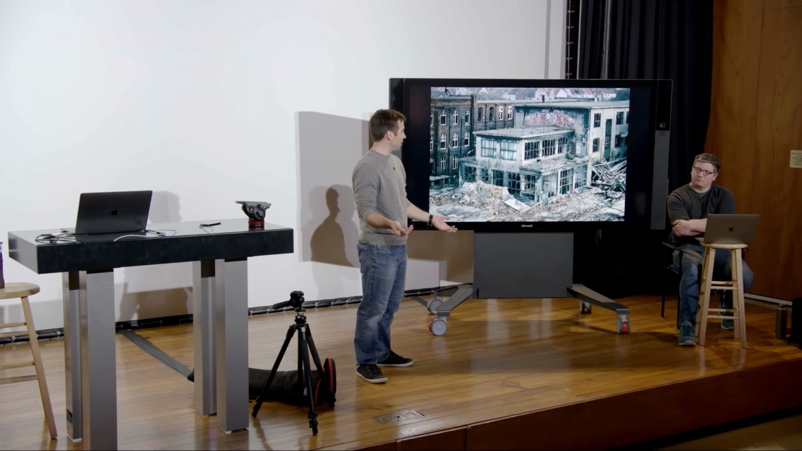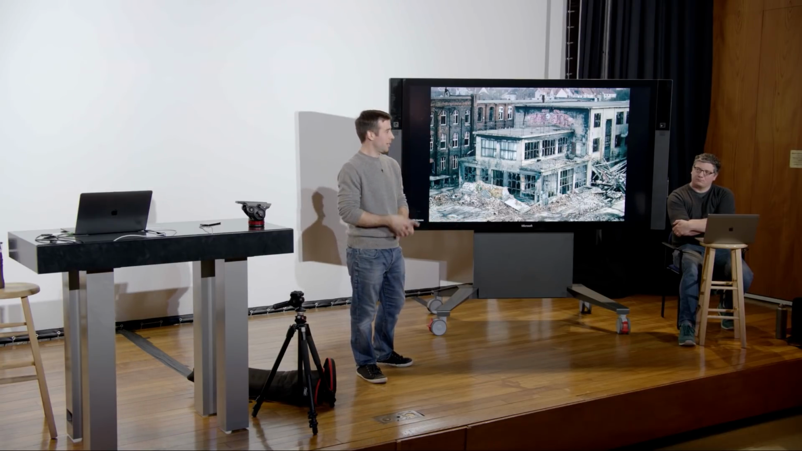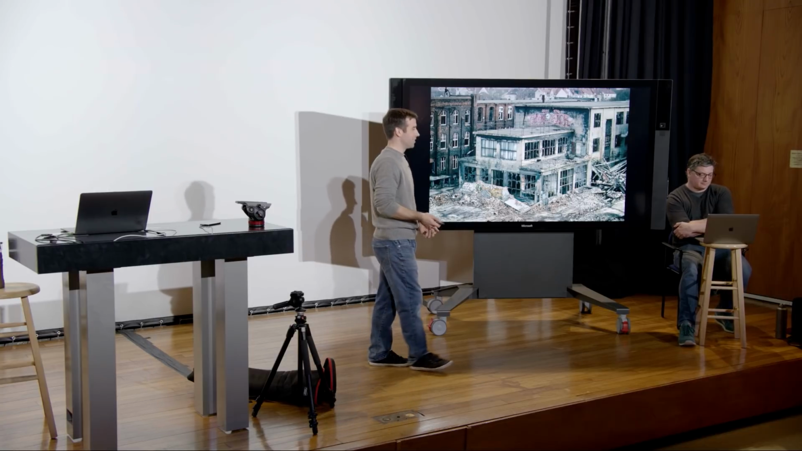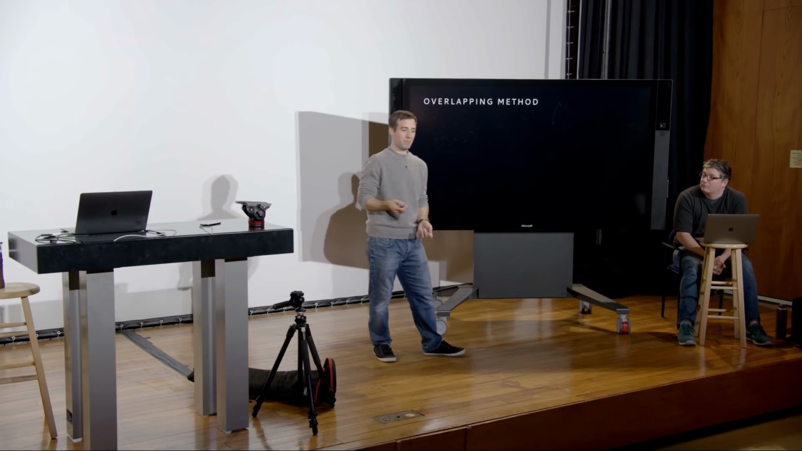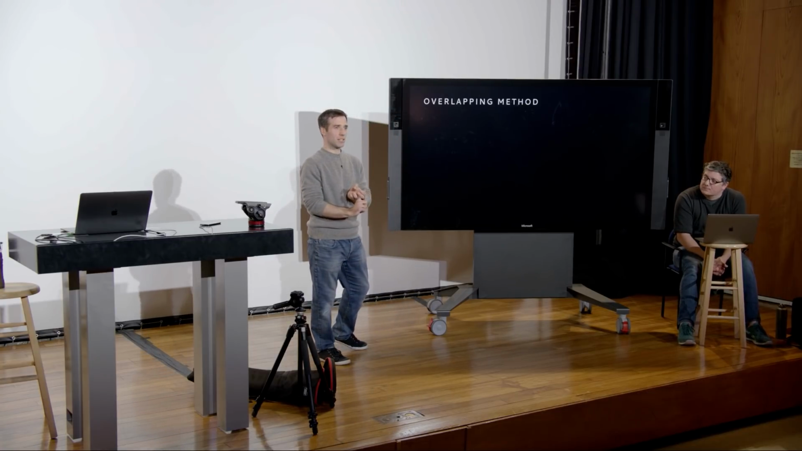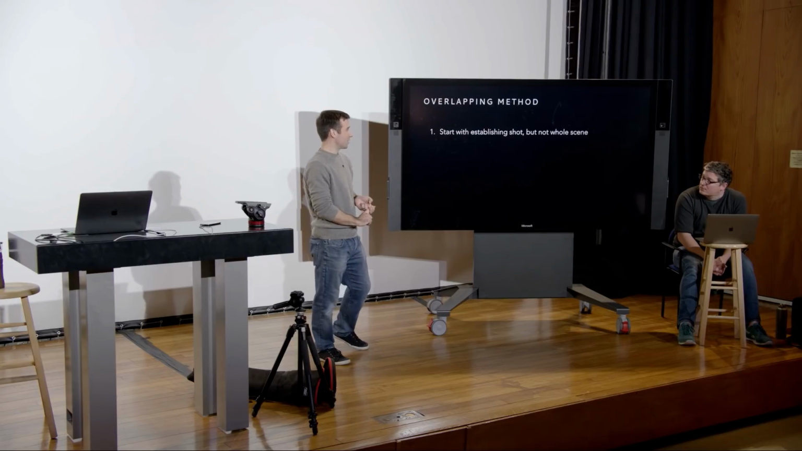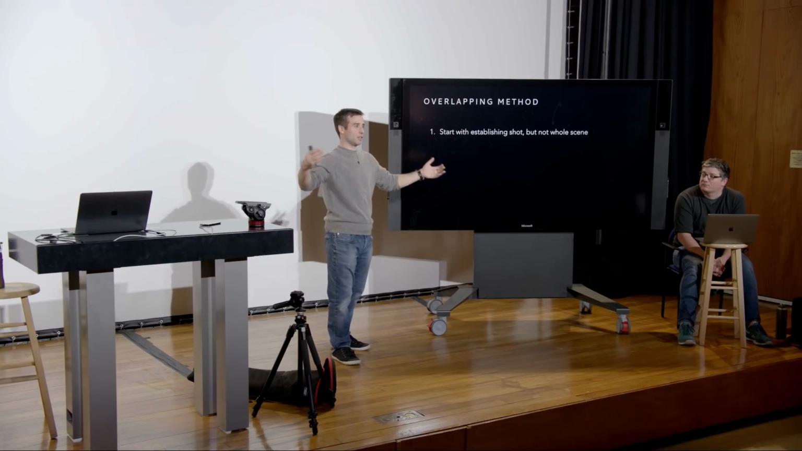What if you're going to get a building blowing up, being demolished? You can't really do that multiple times, right? So there's another method called the overlapping method, and this is much more akin to documentary or something where you just have much less control. And so the idea is that you start with your establishing shot, but you don't go through the whole scene. So maybe this is where you have a wide shot of the building, you've got your construction vehicles pulling up,